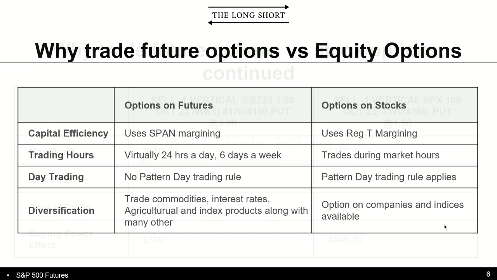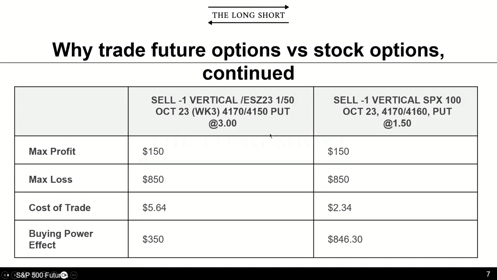Next one, why trade, continued here. Let's look at some numbers in perspective. Don't worry about the gibberish on this side, I mean this part. All this is saying is I'm selling one vertical, a put spread, where my short strike is 41.70 and my long strike is 41.50. This one is saying it's a December contract,